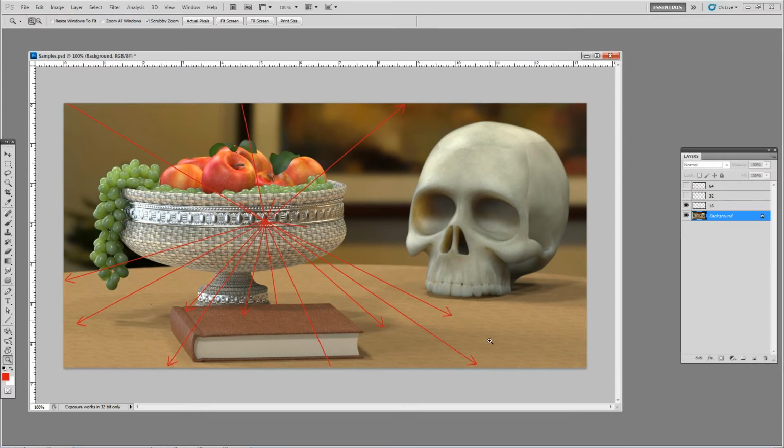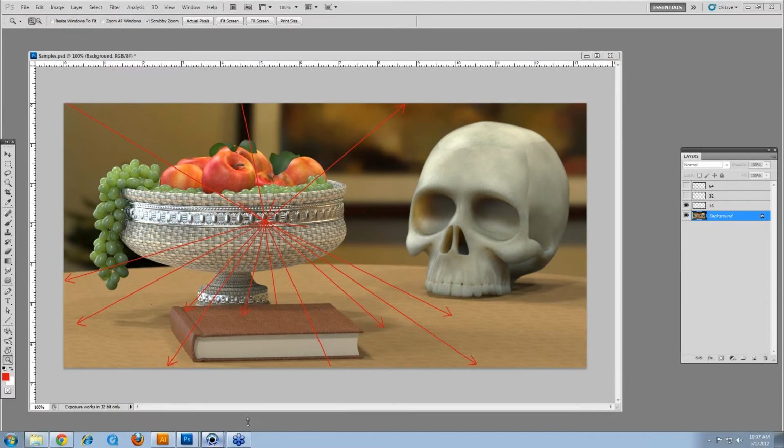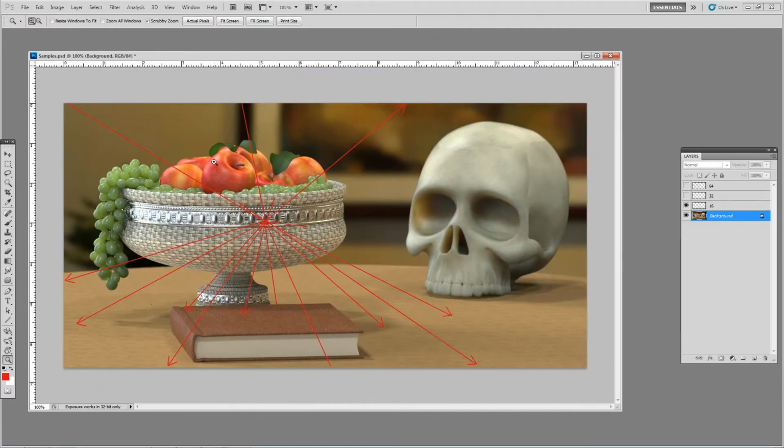all the different areas, and when these rays come into contact with either a material or an environment, it's going to collect information about that material, its color, whether it's reflective, whether it's refractive, all sorts of information, and then it's going to return that back to that individual pixel. And that's what's going to determine its final shade. So if you set your samples to 16 as they're set here,